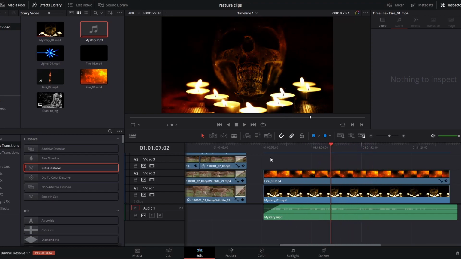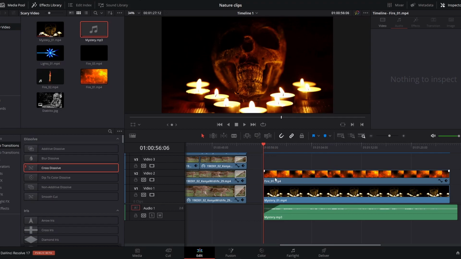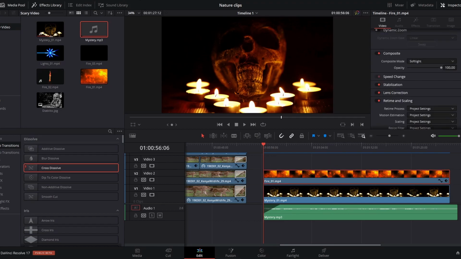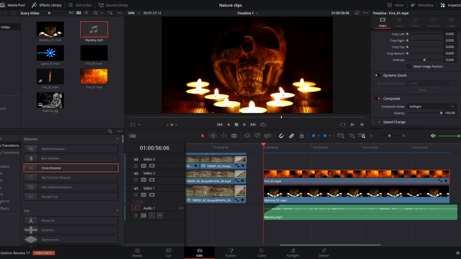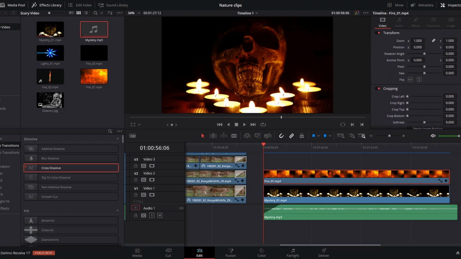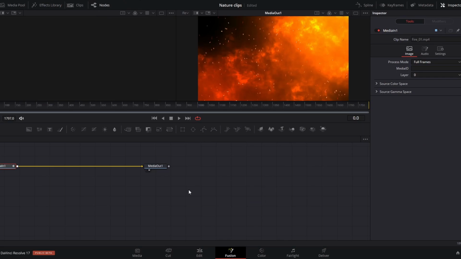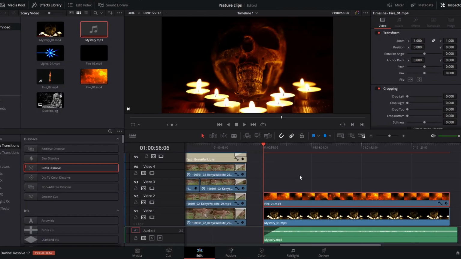And the next thing we want is a dynamic zoom. So to make a dynamic zoom, it's actually very easy. There are two ways to make a dynamic zoom. The first way is in the Edit tab, and the second way is actually in the Fusion tab. So I will just go in the Edit tab again,